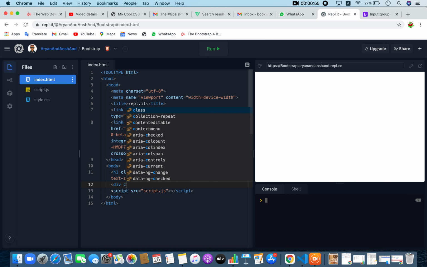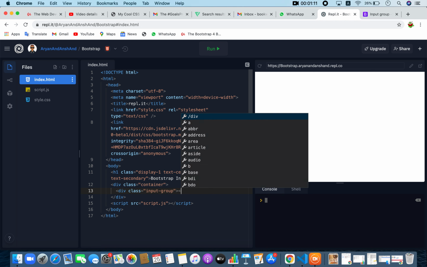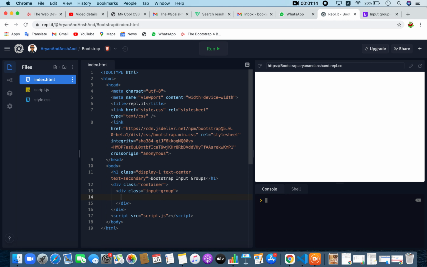I'll create a container. Inside that, I'll create a div with the class of input-group, and I'll create a span. You can do anything here, not necessarily a span, but it's better to do a span because that's what the docs show. I'll do input group text, and I'll just put a $ sign. Say we are doing a price,